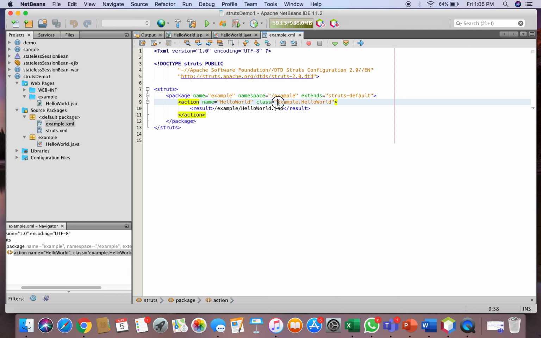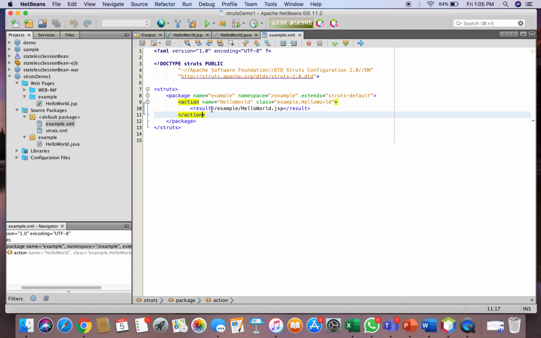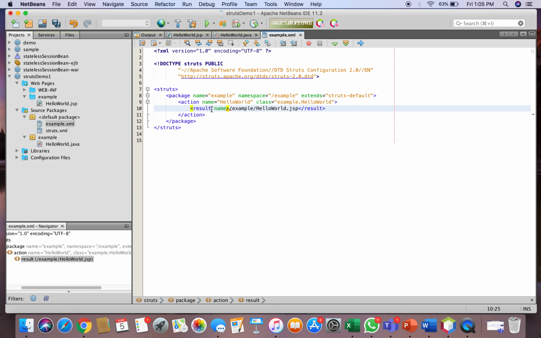Class is equal to the path of your class name. Result is the one which we are getting from here, return failure or success. We should tell what to do if we get success or failure. So we write if the result name is equal to success.